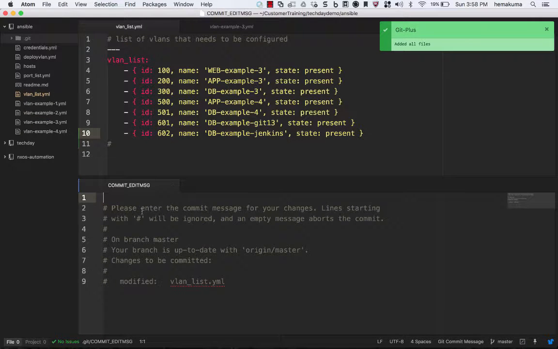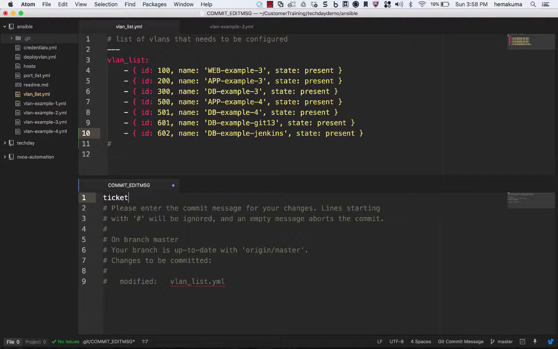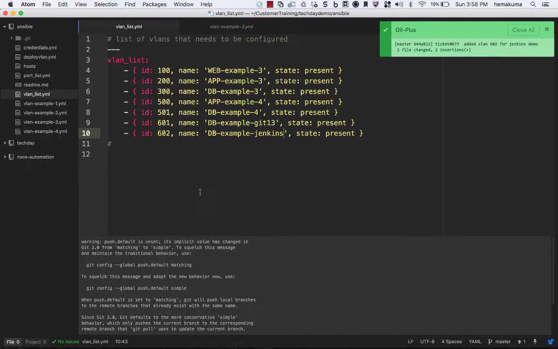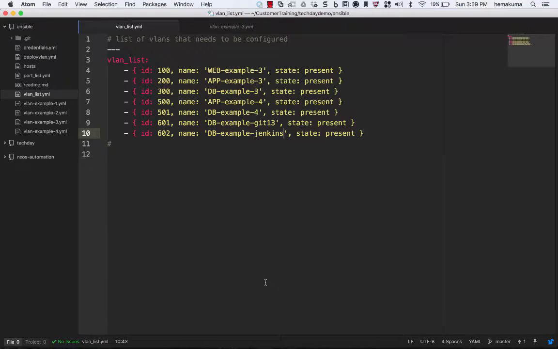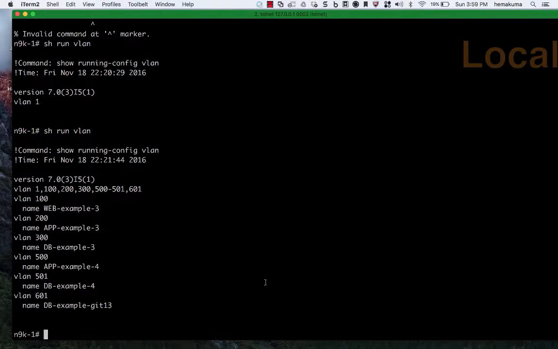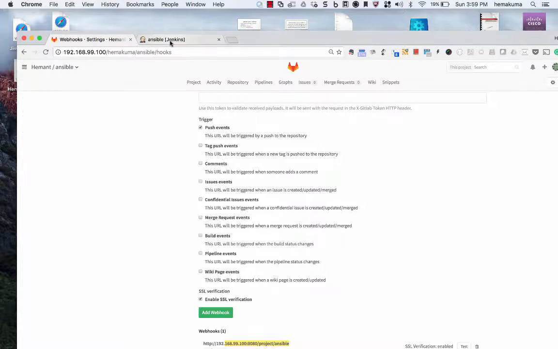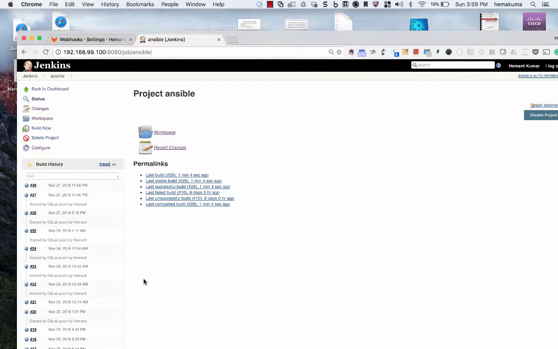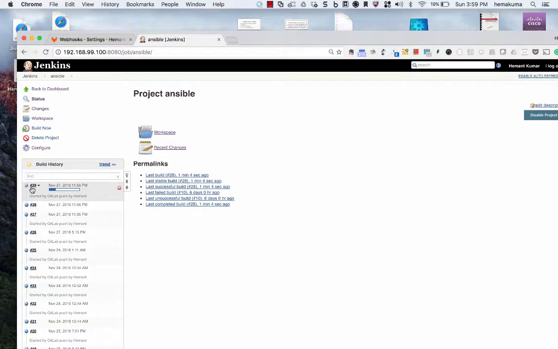So it's a push, and then we can give a meaningful message. Say, ticket number 817 added VLAN 602 for Jenkins demo. Okay, and then we save this. See, as soon as we save this file, it automatically gets pushed to my Git repository. Okay, so if I go back to my Jenkins server now,